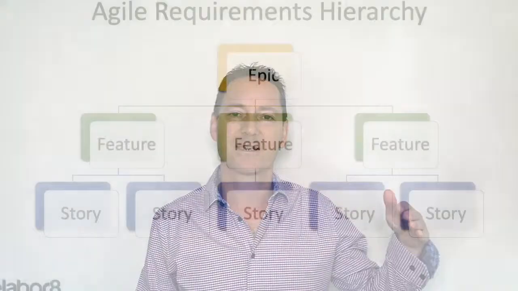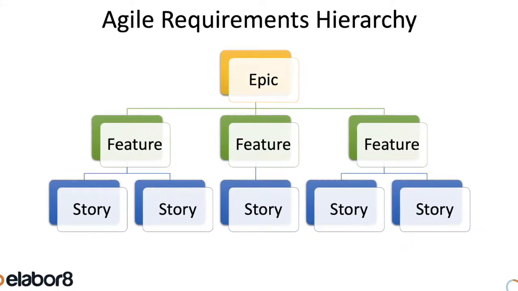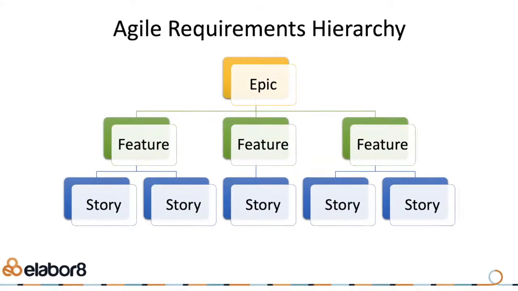So organisations tend to have a 3 or a 4 level hierarchy, sometimes it's more. Today, let's assume a 3-level hierarchy. So at our top level, we're going to have epics, and they're going to get broken down into features, which in turn will get broken down into stories. So nice and simple, fairly common.